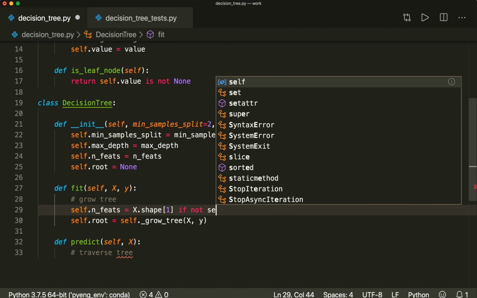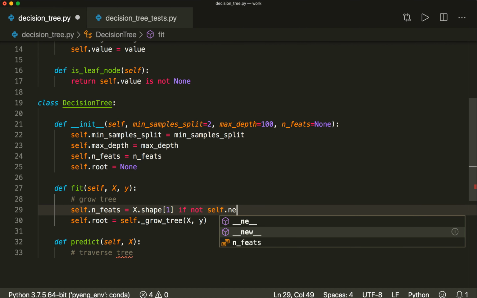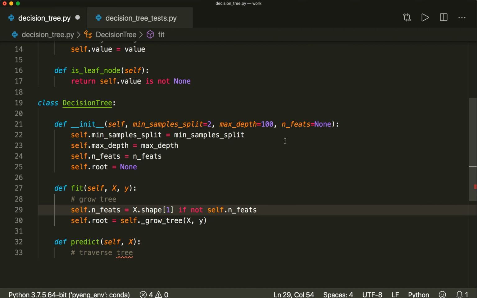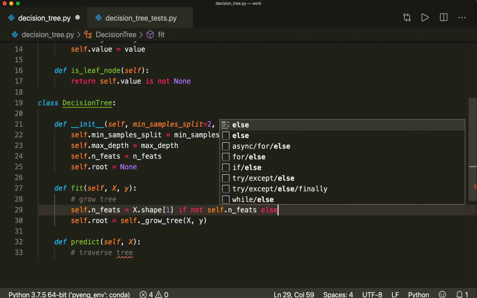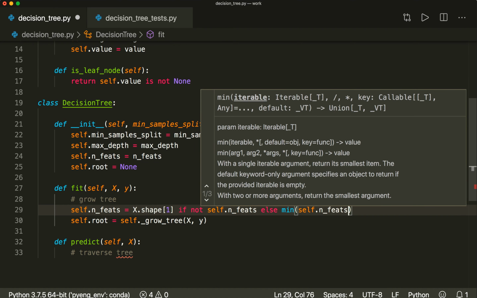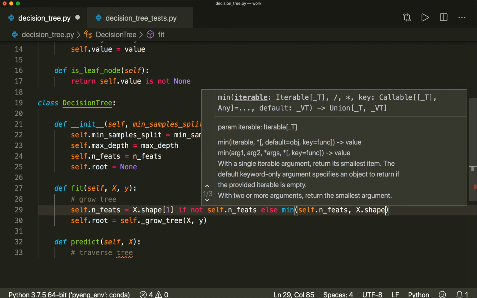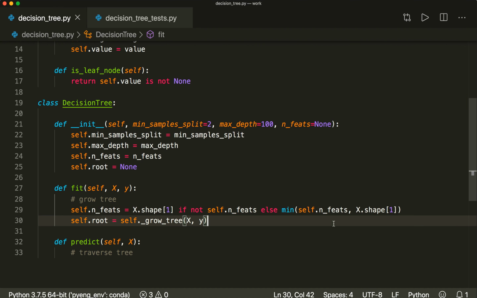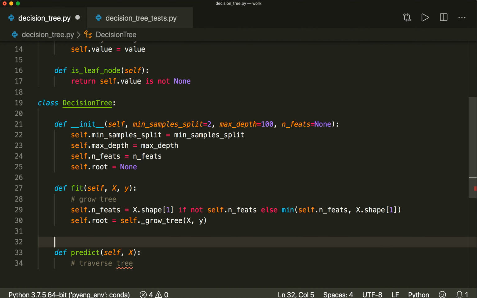If not self.nFeats, so if this is not specified, if this is none, then we simply take the maximum number of features, and otherwise we take the minimum of self.nFeats and x.shape 1. So this just makes sure that it can never be greater than the actual number of features. And now we implement the grow tree